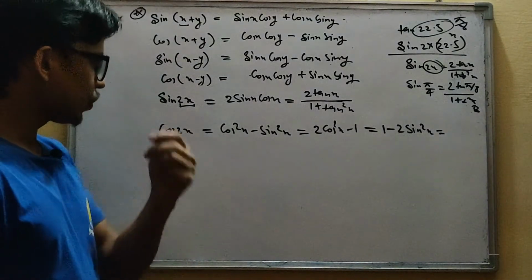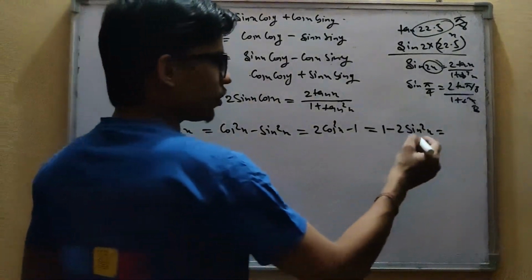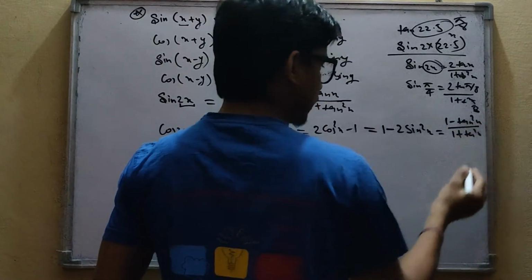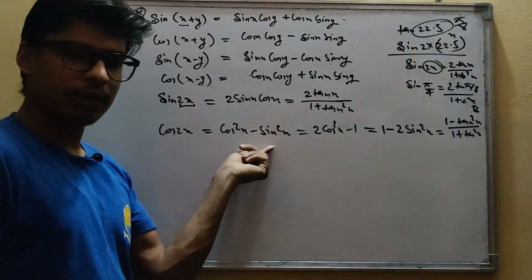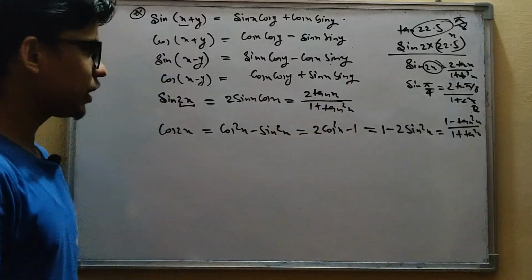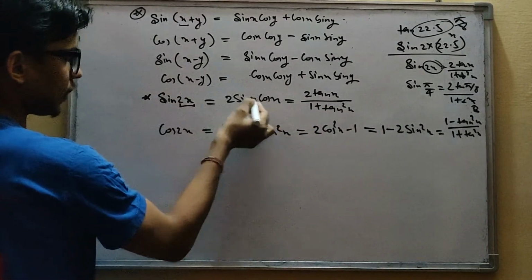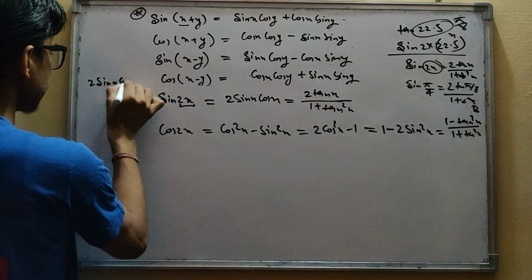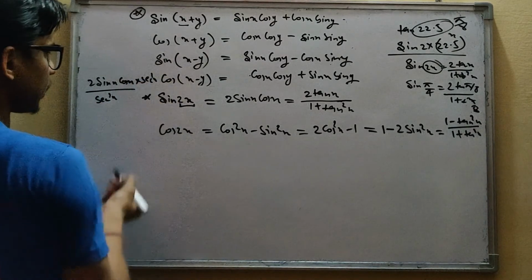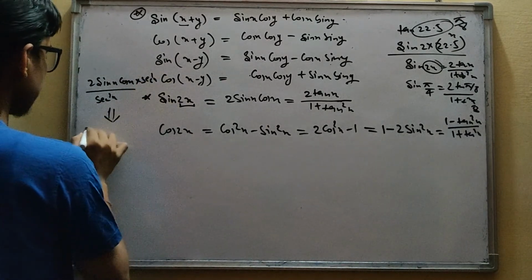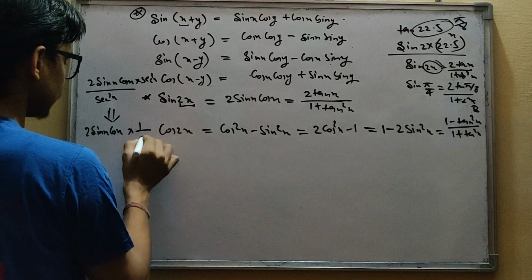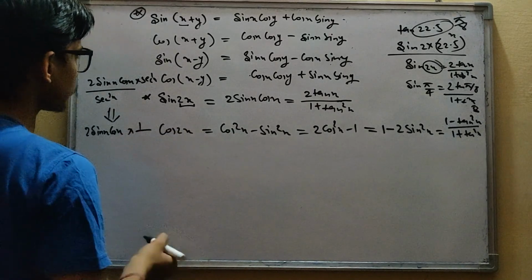Okay, now one more thing you can do, this is actually also equal to 1 minus tan square x upon 1 plus tan square x, the same thing. To this formula, multiply and divide by sec square x. If you do so, it is going to be converted into this. Let's see this, right? If I multiply this one, 2 sin x cos x upon, so sec square x into sec square x, right? If I do so, what will happen? It will get converted like this: 2 sin x cos x into 1 upon sec square x is